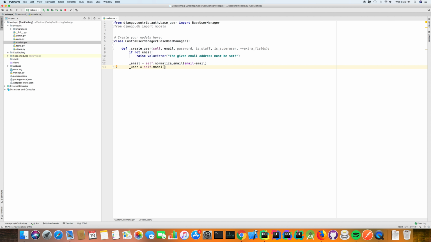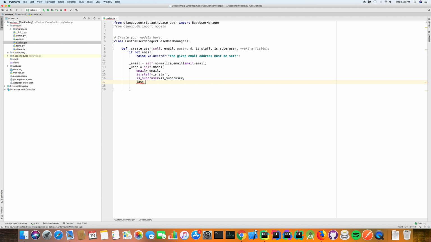I would suggest that if you find it, you can literally just copy and paste this class for your custom user class, because this information does not need anything extra. It's pretty much a standard, pretty straightforward. So inside the self.model, we'll be passing email equals to email. We want the serialized email. We want everything else. So is_staff equals to is_staff, is_superuser equals to is_superuser,